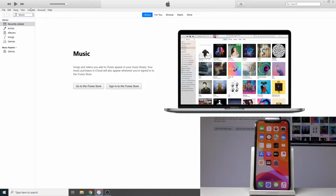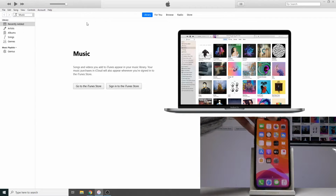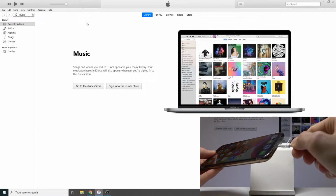Now, if you're using an Apple-based computer, you don't really need to do anything. If you're using Windows, you will need to download the program from their website, which is apple.com. So once you have it open, as I have right now, all you need to do is plug in the device to the computer,